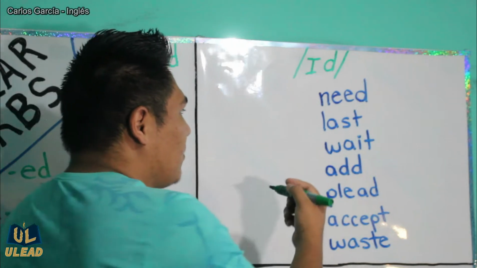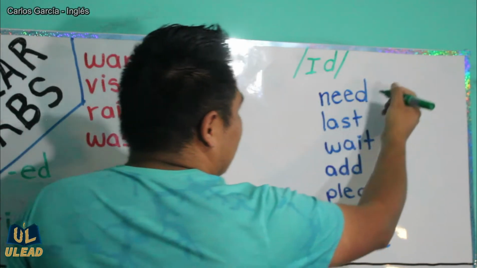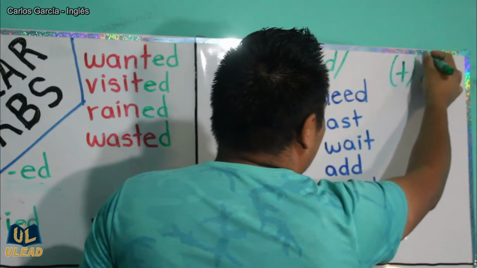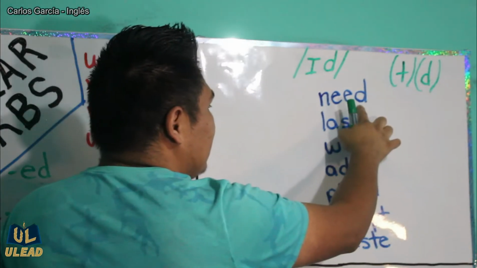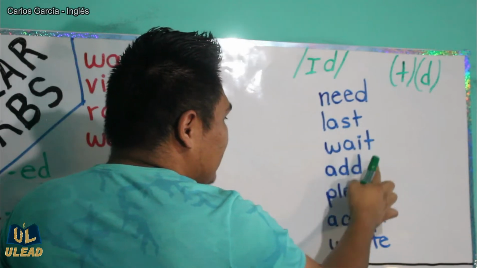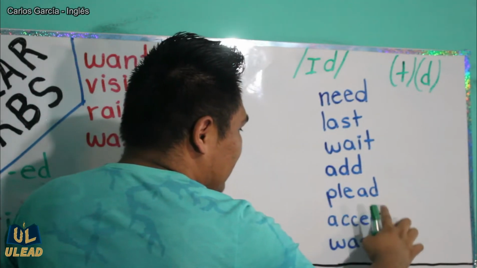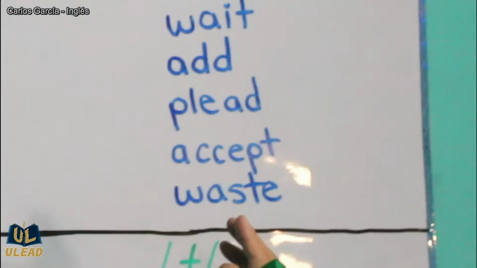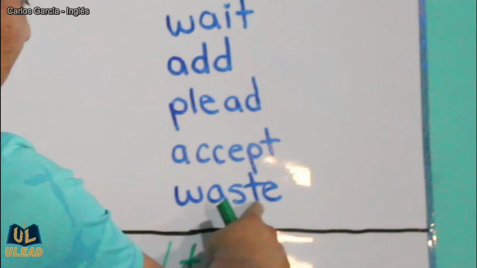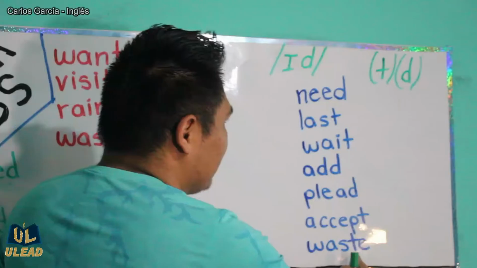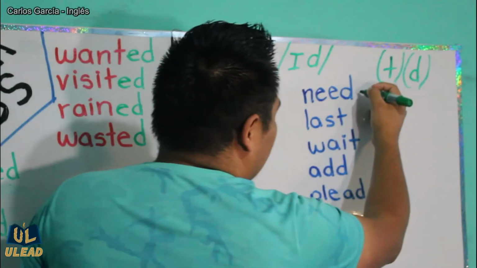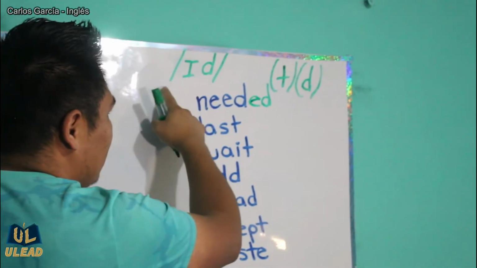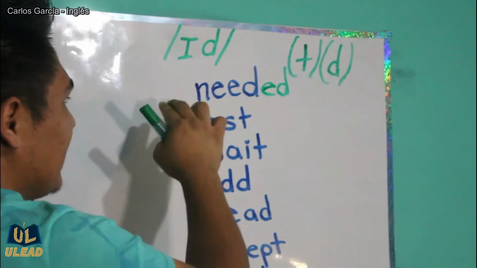It's just for verbs that end in the T or D consonant sound. Okay? For example, need, last, wait, add, plead, accept, waste. Okay? Notice that I am referring to the sound, not to the letter. Okay? So I say waste. Okay? So now, if you just want to put these verbs in the past, you pronounce it like this: needed,